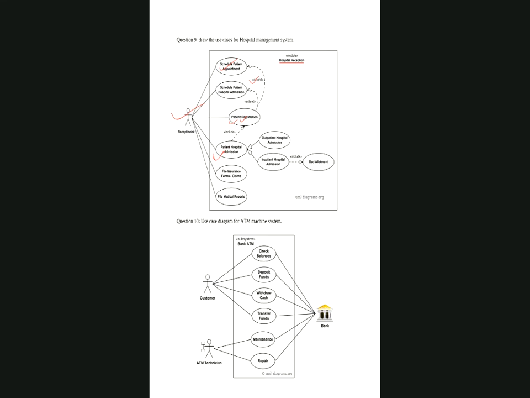Excuse me. Can we replace it with extend? So it's not mandatory here? You want this include at emergency to be extend? No, it is not. Why? Because it is not the job of the patient to do registration. In emergency, the patient will be out of his mind, right? He will be sleeping or in mid sleep. Now the receptionist or the people who are taking care of him will do this process, and it is mandatory. Without that, they will not allow them,